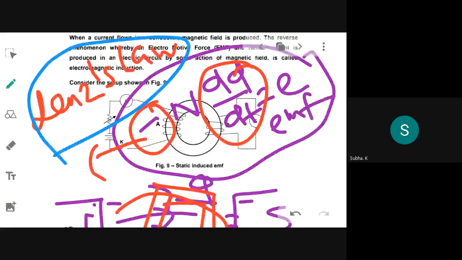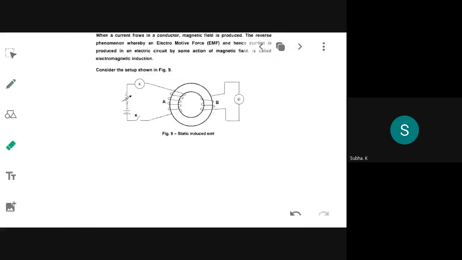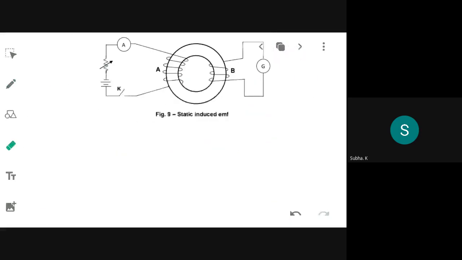Faraday's law of electromagnetic induction is giving you what formula? E is equal to minus n into d phi by dt. The minus sign indicates that the resultant output will always oppose its cause of production. That law is called what law again? Opposite to the direction of force causing it. Lenz's law. Okay, Lenz law. These two laws work together. Now the next thing that you need to discuss is the two types of EMF.